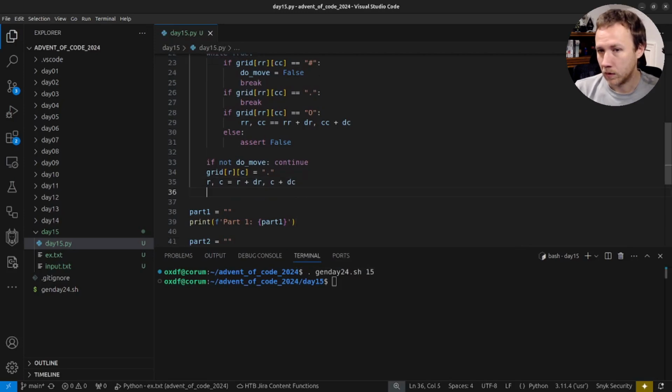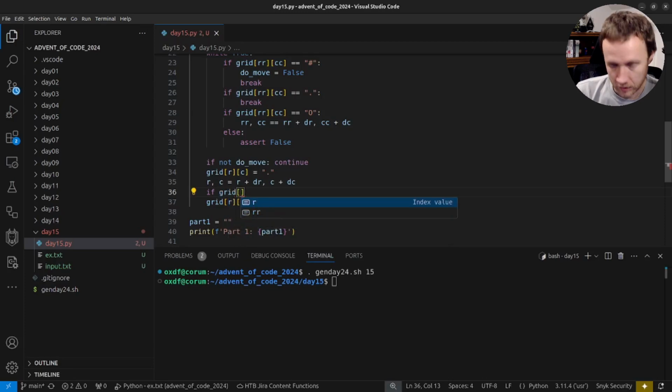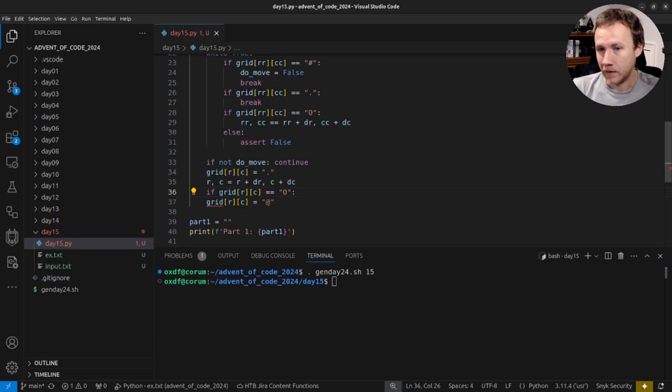Now we need to, let's see. We want to check, before we update where the new robot is, so we're going to say grid rc is equal to our new @ symbol. So now we've moved the robot. Before we move that robot, we need to check, because, it'll make more sense as I show it, if grid rc, the one we're moving into, is equal to a crate, then we need to set